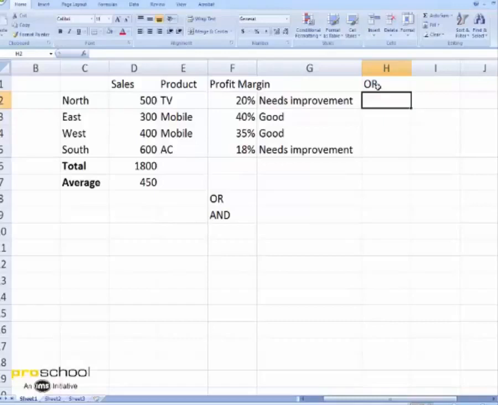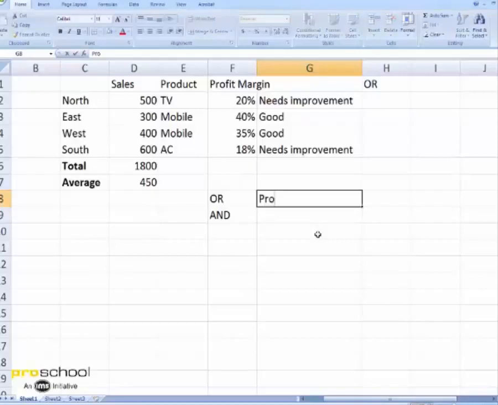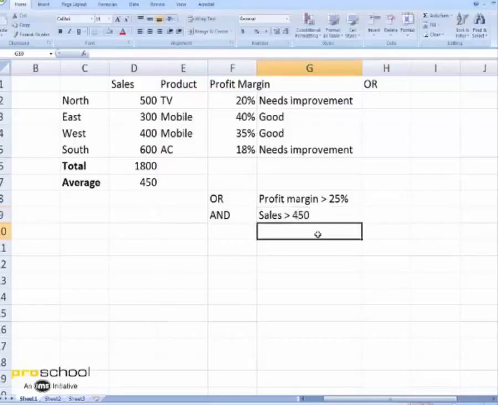So just to rephrase, the two conditions are profit margin greater than 25% and sales greater than 450, sorry. These are the two conditions you have, and here I create that or operator.